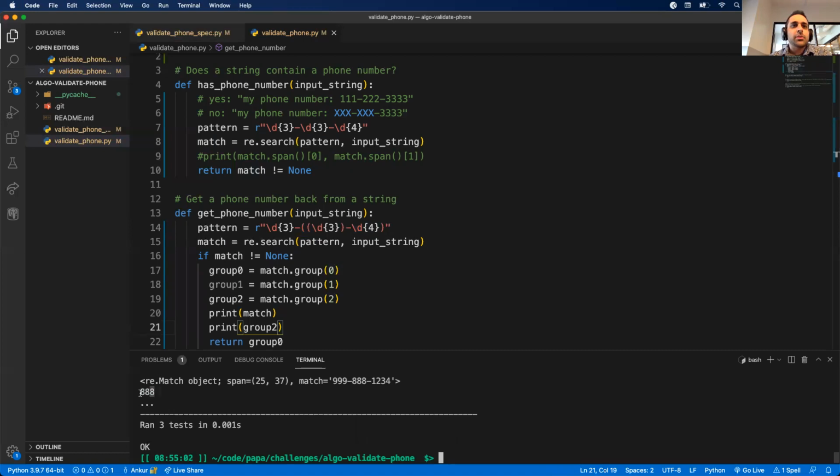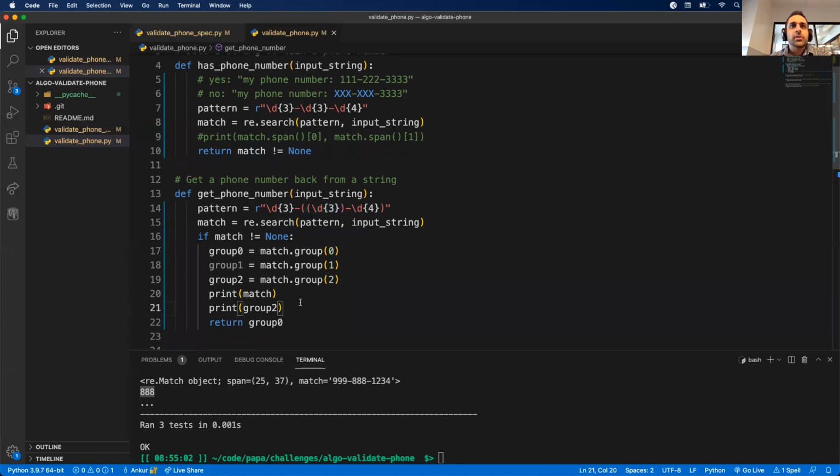Okay, there we go. We captured the middle 3 numbers by adding a group within that group. So group 1 should still match these 7. Group 2 is matching only the 3 in the middle. And then group 0, again, by default is the full match, which is all 10 digits. So grouping is really useful, especially when you want to make a match but you don't want